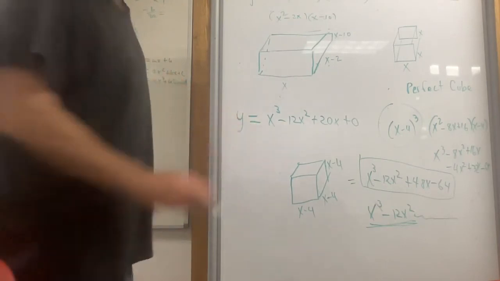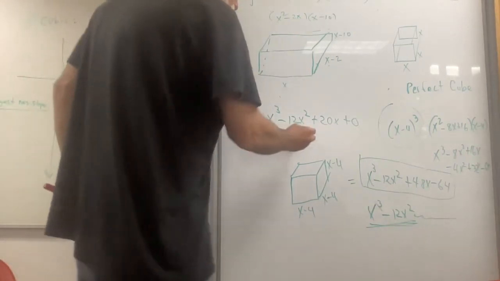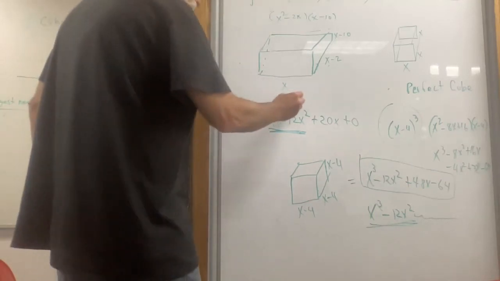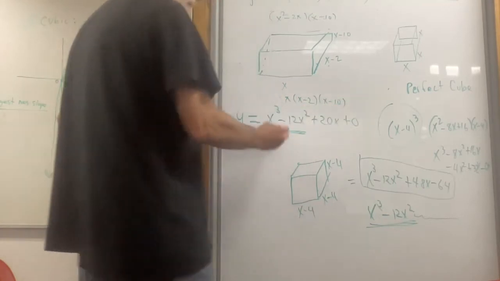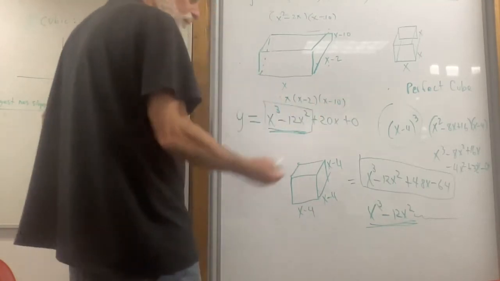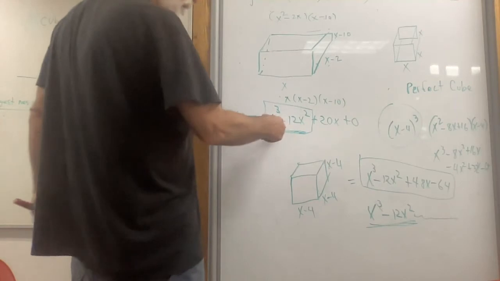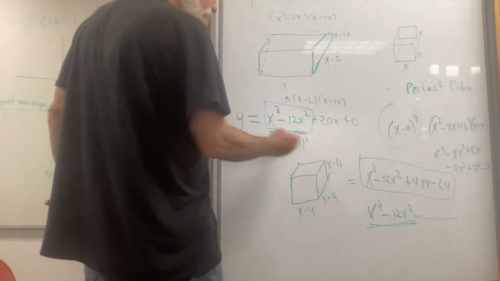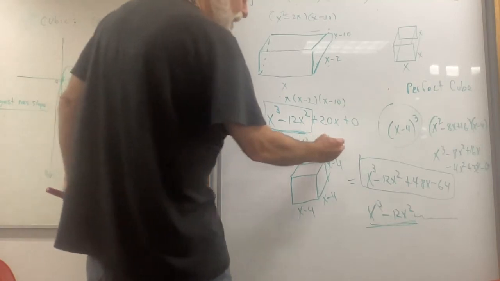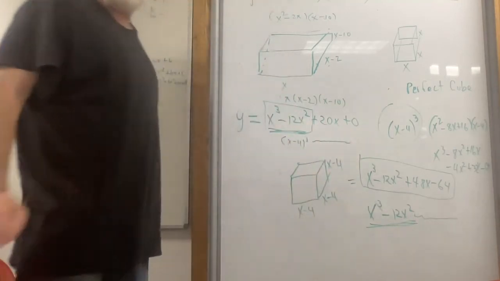Which happens to be the same first two terms if I had multiplied x times x minus 2 times x minus 10. That gets me the same first two terms, which means I could rewrite this as x minus 4 cubed, and I'd get those two terms,